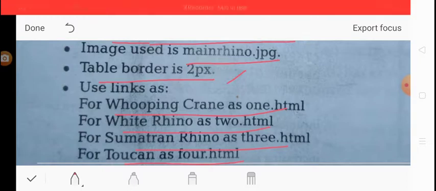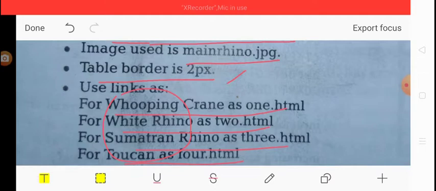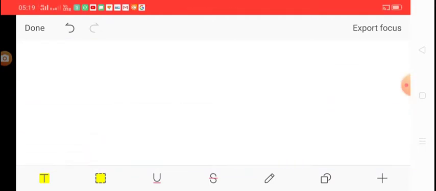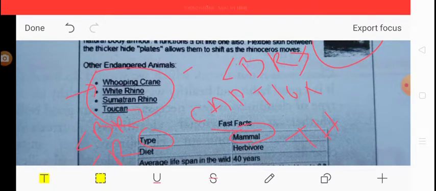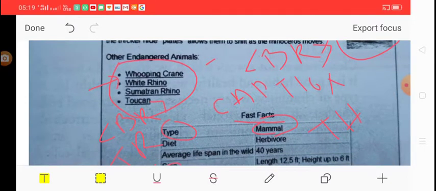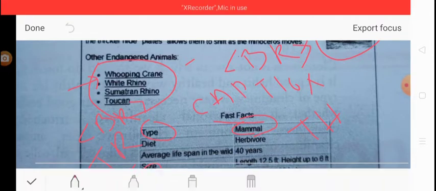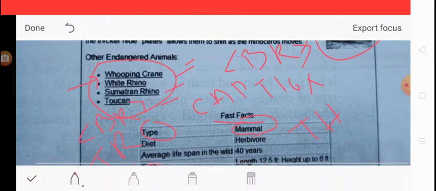Note down that these are the items of a list which also serve as links. You can easily see here in the web page that these are the links.